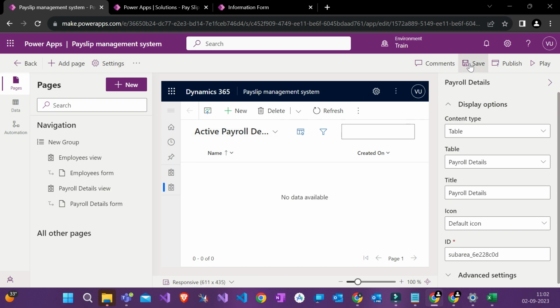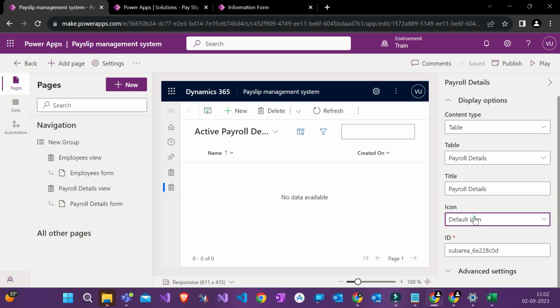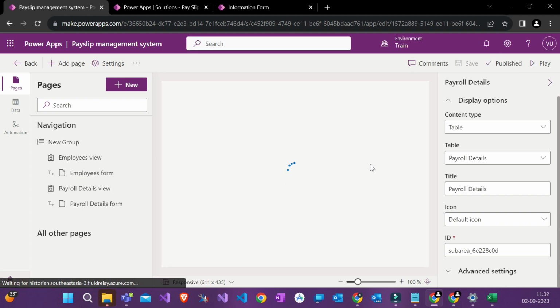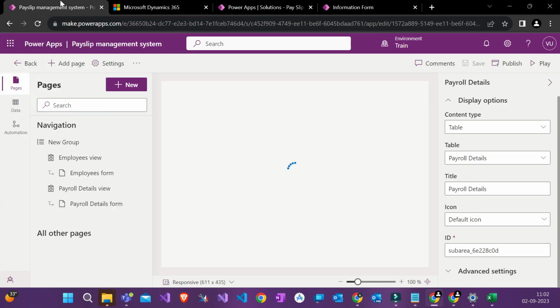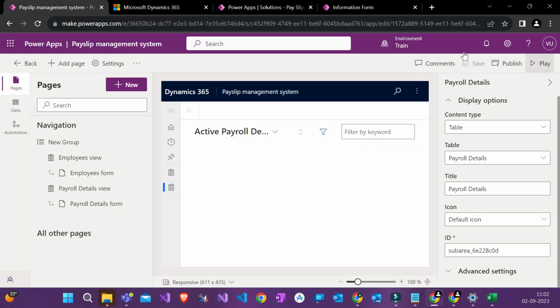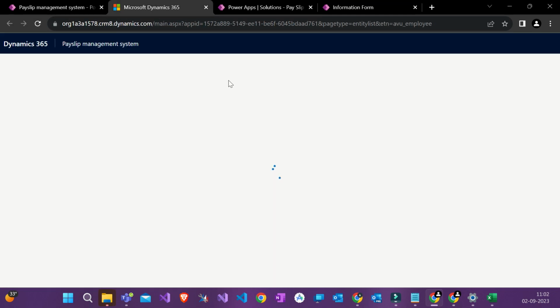Okay, now I'll save it. Anything on the right you don't need to worry about it. If you want to change the icon you can change, but we'll talk about that later. I think it's more complicated. No problem, we'll publish. All these customizations we will talk about in a later lecture, because I want to just show you an app built and running. Click on play. Once published, save, publish and play. So what is the first thing? Click on save, then publish, then play. Then I've played the app.